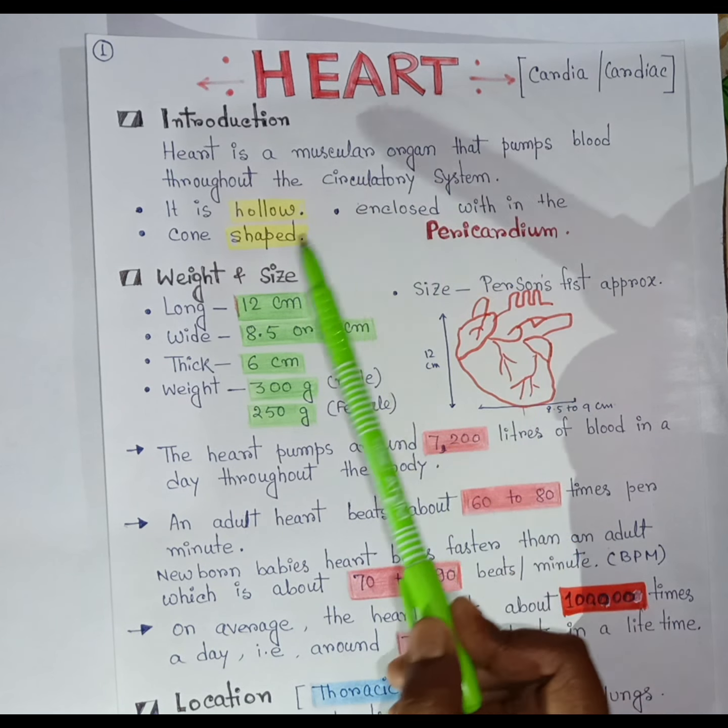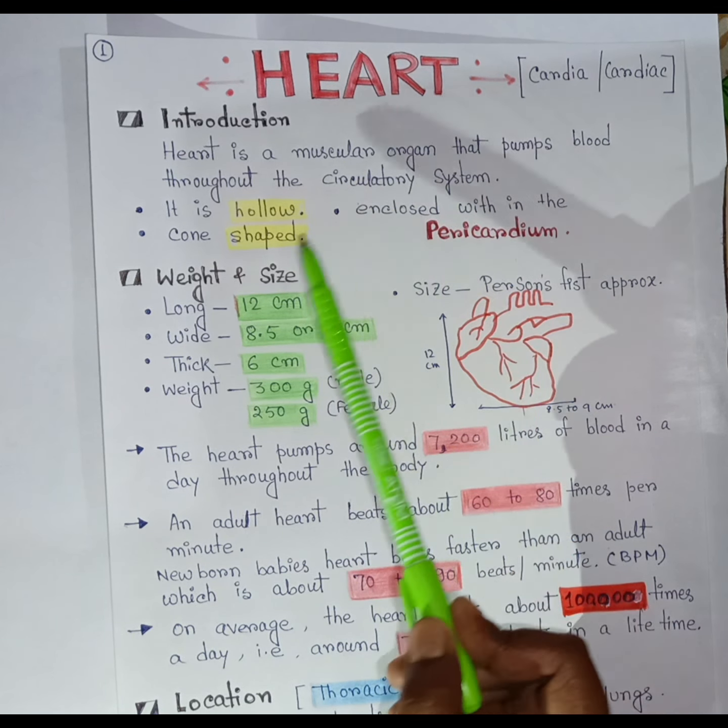So these two valves are located between atria and ventricles, that's why they are known as atrioventricular valves. The tricuspid valve has 3 cusps, so its name is tricuspid valve. And next, a valve is located on the other side of the right ventricle,